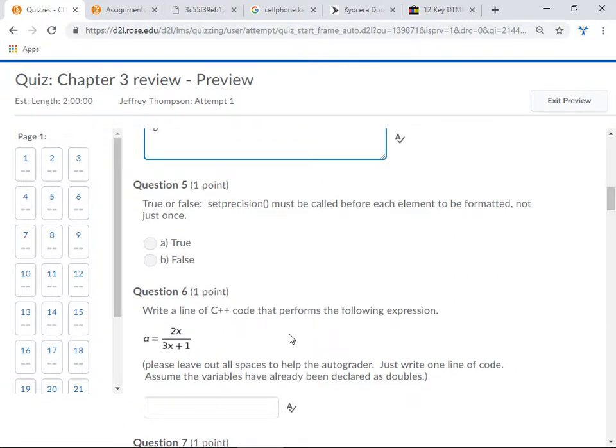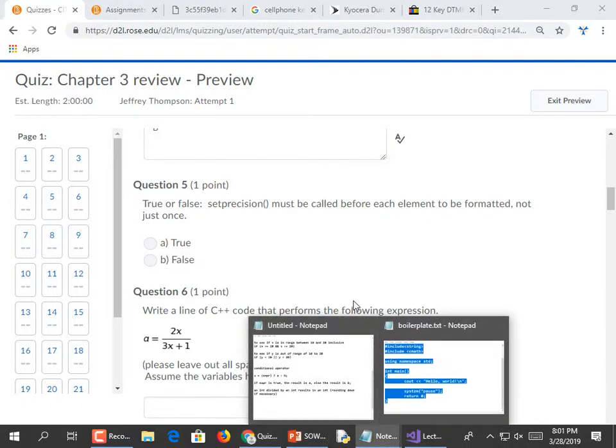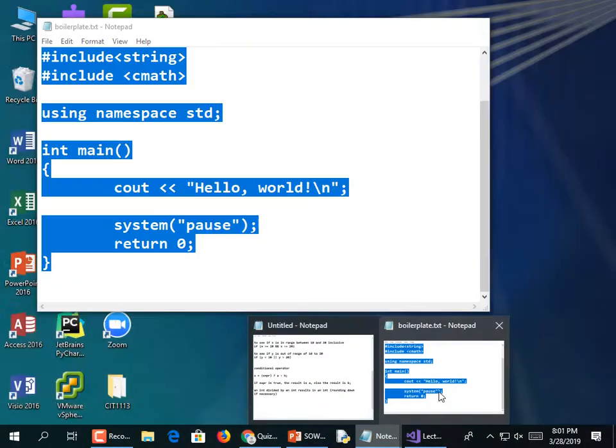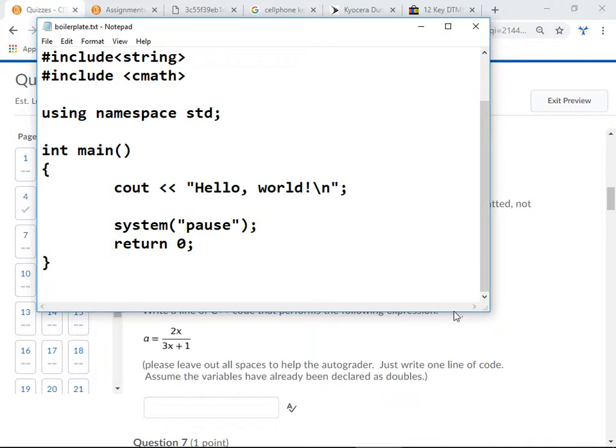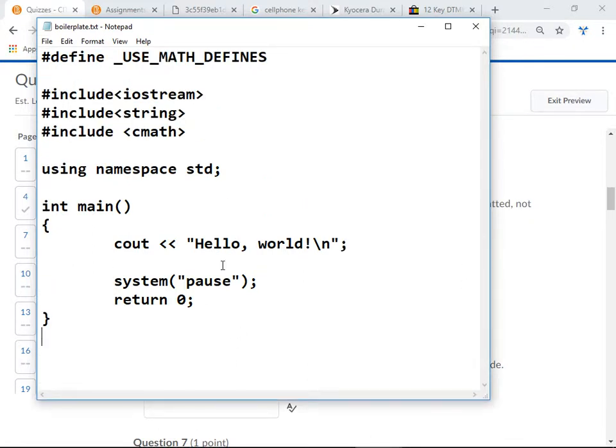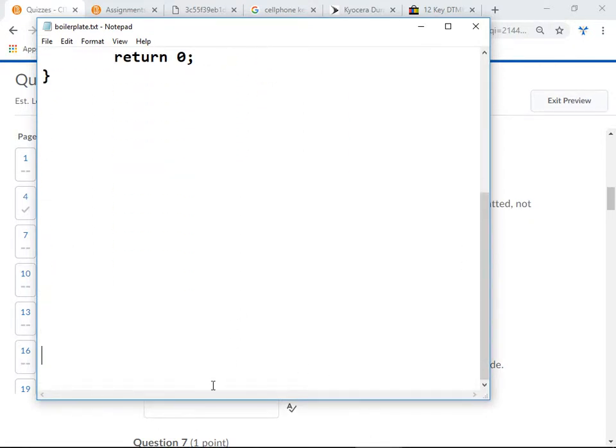So on Tuesday, we were talking about set precision and width. We were talking about the things that are inside the iomanip class. And Shelley, you missed those, so you may at least appreciate having this little bit of information, but do watch the lecture. So if you're using the iomanip class,